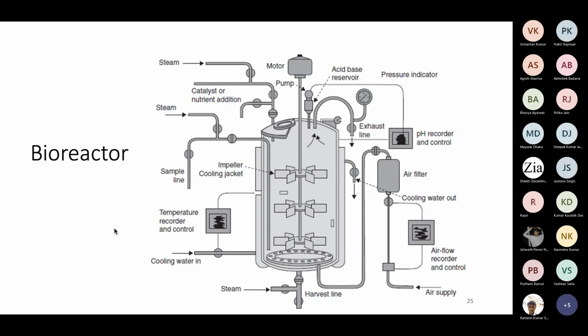Now, through this jacket, either you can supply cold water, or sometimes, just to raise the temperature, you can supply hot water. Depending upon your requirement, you can have that arrangement. And sometimes inside the reactor, you can have heating probes. So if you need to raise the temperature inside, you can have a heating probe. So instead of having the jacketed vessel, you can have a vessel and inside you will have a heating probe